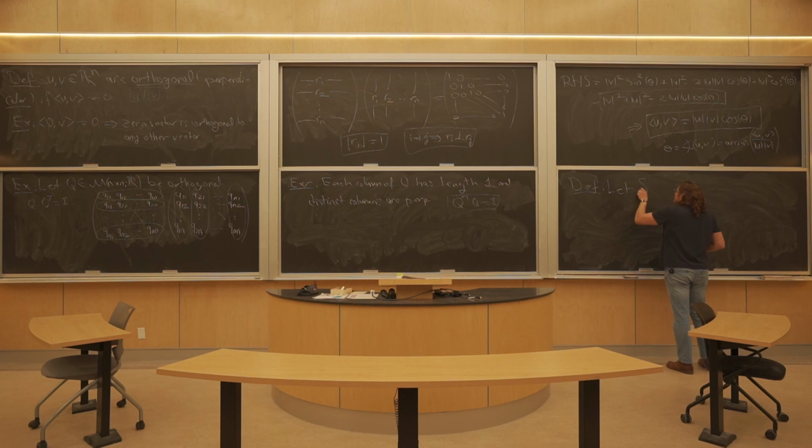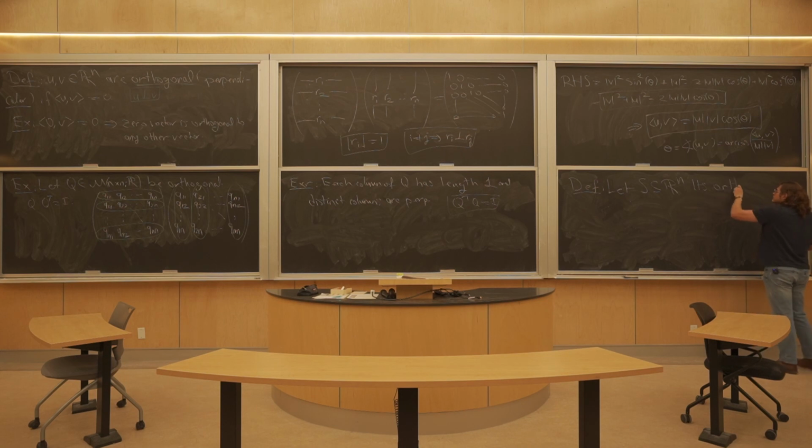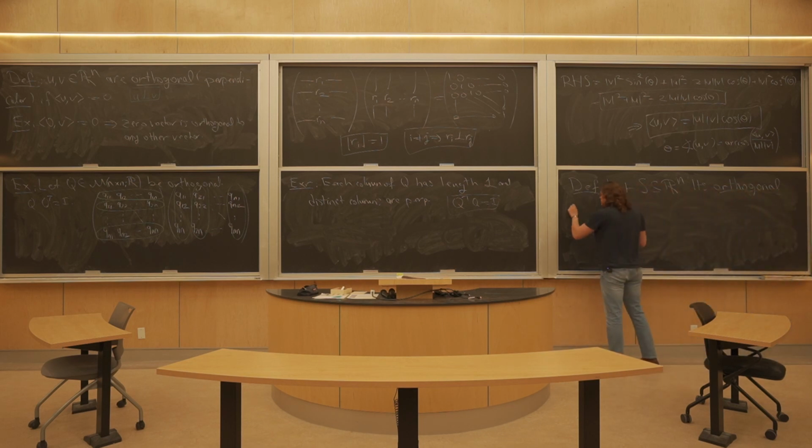Let S be a subspace. Its orthogonal complement, denoted by S perp, is